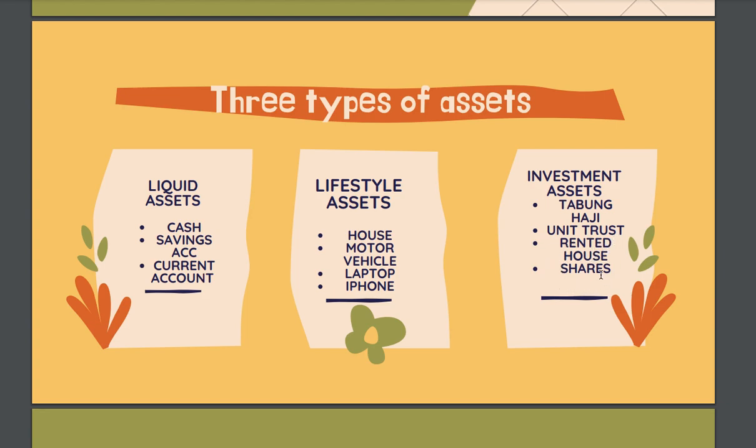Kalau dulu in the company's balance sheet, okay, it is financed by, okay, shares kan. Alright, but now if you own the shares, so if let's say you have Astro shares ataupun Petronas shares, okay, so it should be recorded under investment assets, okay, which is on the left hand side, not on the right hand side. Sebab apa? Sebab that is your assets, okay, that's why you record it on the left hand side.